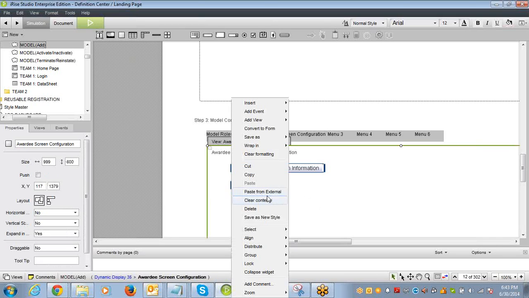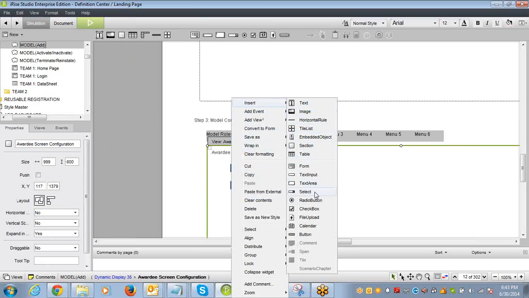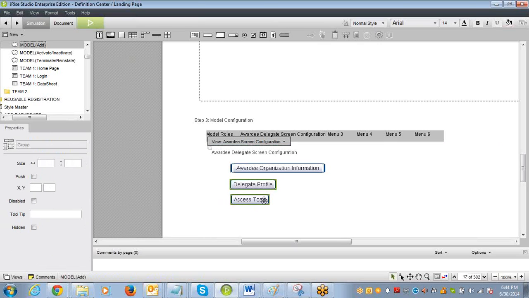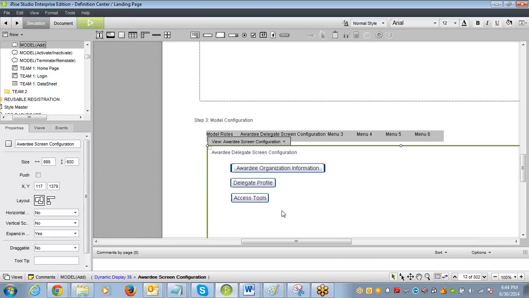The other one is to say access tools. Then what else is there? Okay, so he can update the organization information, he can update his own profile or some other information. He can actually be given permission to access certain tools, and then